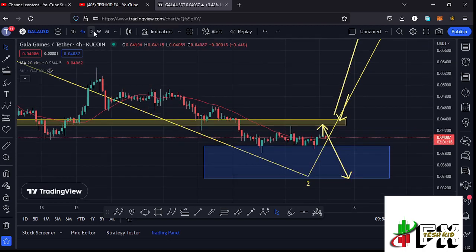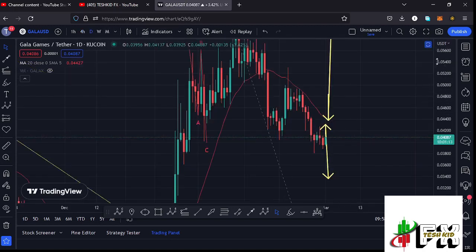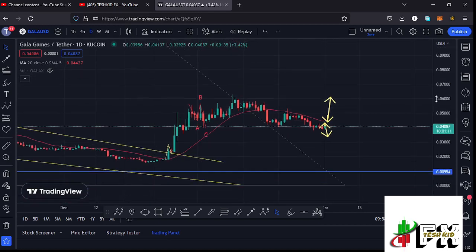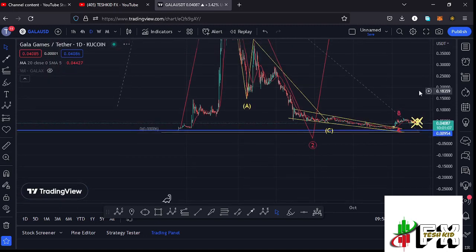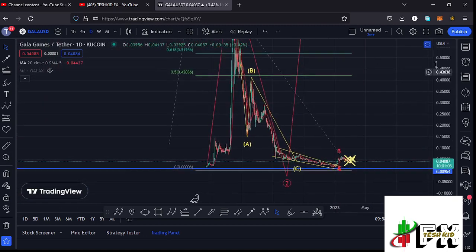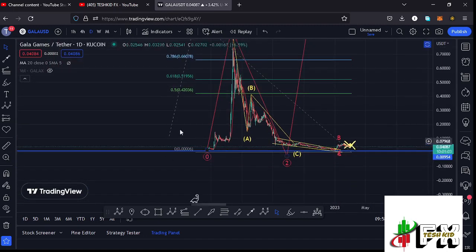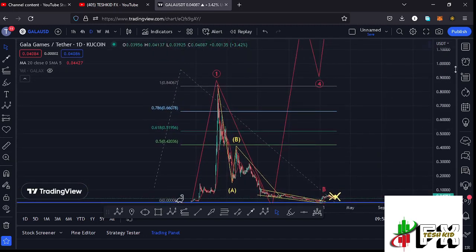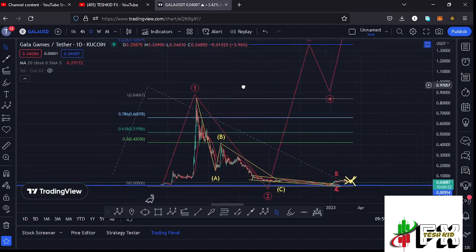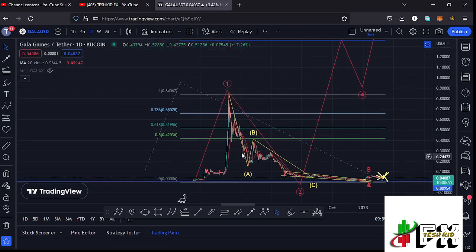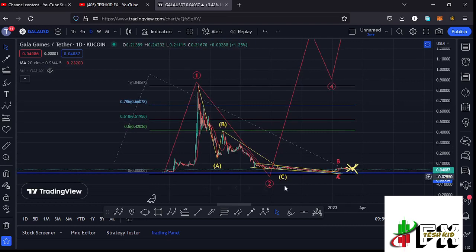And jumping to the daily chart to give you the long-term scenarios that I'm expecting to play out, basing it on the ADOT wave structures. Here on the daily chart, you can see that I have these ADOT wave structure in red, where you can see that from these low prices that we had been trading within, we saw that massive bounce to the upside, seeing the all-time high at around the $0.85 mark in what I'm terming as that first wave. And after seeing the all-time high, we started the bear market, where we had been seeing lower prices in this